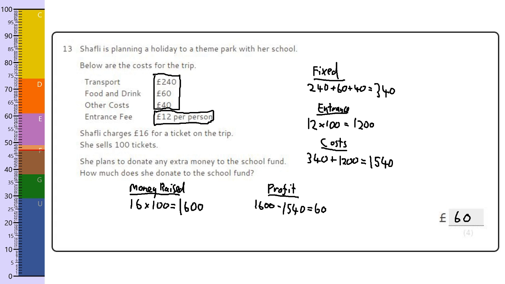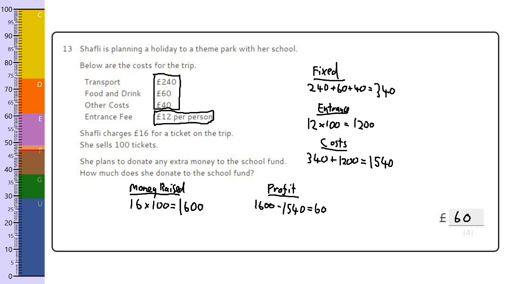Now, the way I've set that out is not necessarily, I've not picked the best words, but the marker knows exactly what I've done. And for these questions, for 4 marks, even if you don't get the right answer, if you set your work out really clearly, what you're doing each step of the way, you can normally get 2 or 3 marks just from doing even the most basic bits of the question. If the question involves something much harder, like area of a circle, which you just can't remember how to do, instantly it's pi r squared. But say if it involves that, but you can do the first bit of the question,